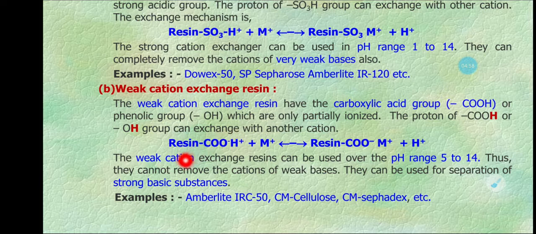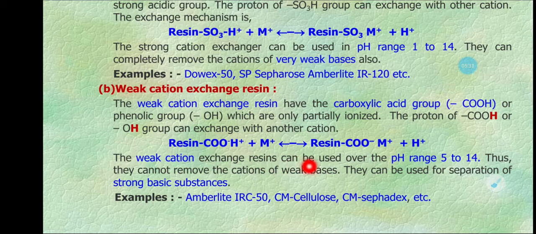The general mechanism of cation exchange for weak cation exchanger, that is resin, this carboxylic group are cross-linked into the resin, that is COO- are the fixed functional group and H+ are exchangeable ion. This will exchange with the metal, and the metal ion is exchanged with the H+ ion, and this H+ goes with the mobile phase.